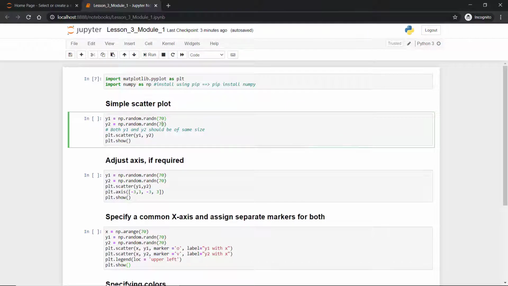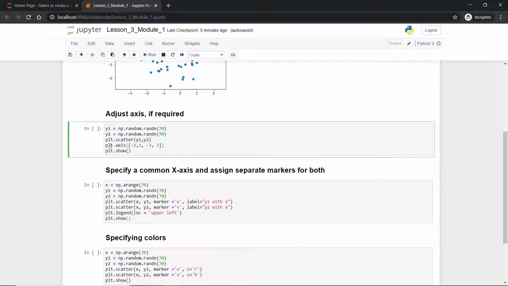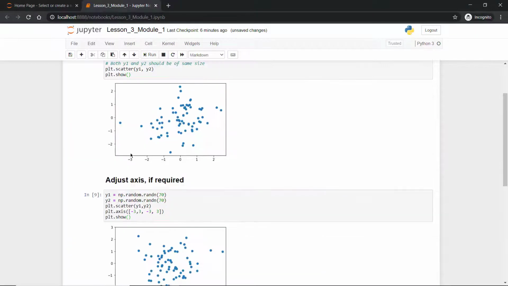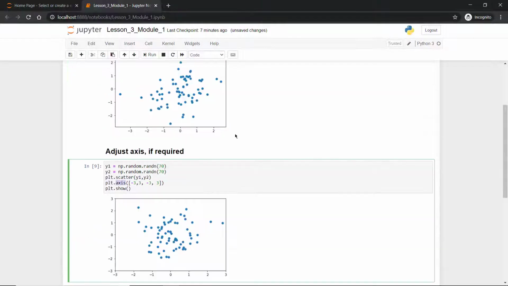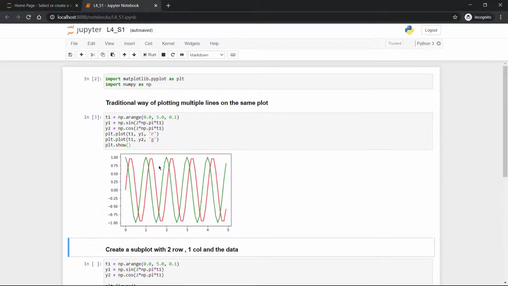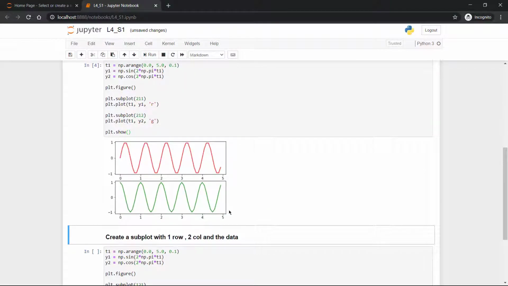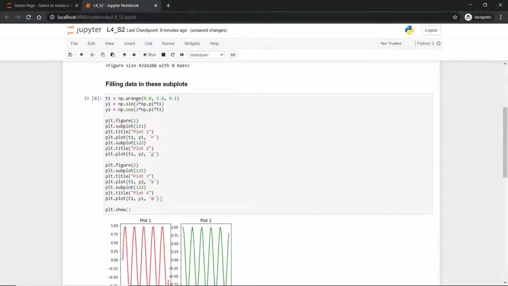In the next lesson, you will learn to plot a scatter plot and various options associated with it. Along with scatter plot, you will also learn to plot categorical data on a bar plot in Matplotlib. Moving to the next, you will learn about figures and subplots and how to plot multiple data in one place by taking leverage of figures and subplots. You can plot data in parallel as well as side by side. You will also learn to apply grids to the plot.